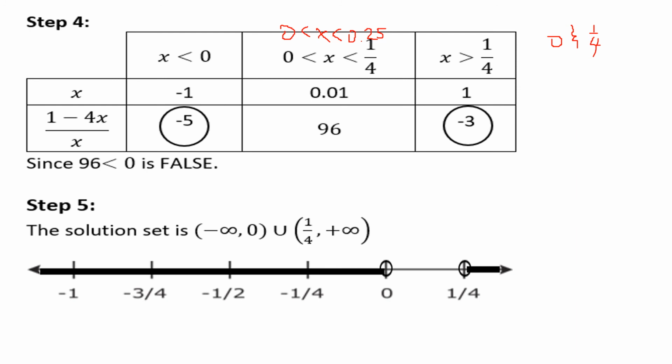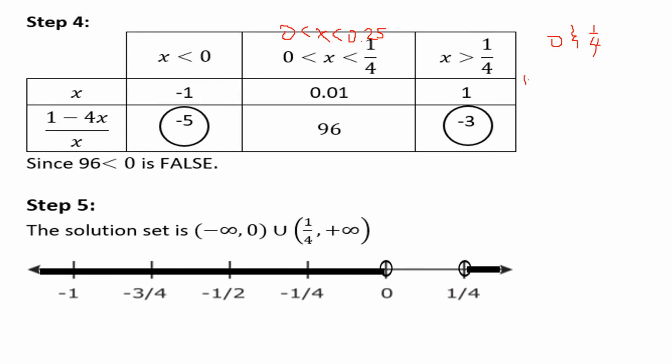Next is to look for a number which is greater than 1/4. So, what I used is 1. You can also use 2, 2.5, 3, 3.5. Depends on you what number you are going to pick. Next is to substitute these x values to our